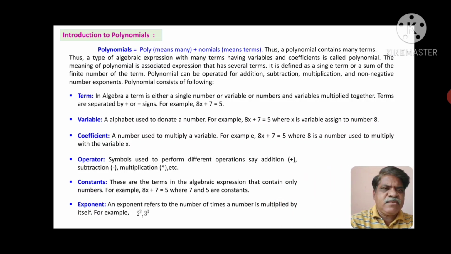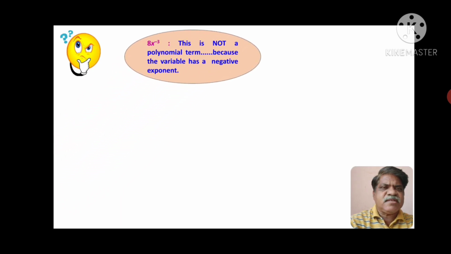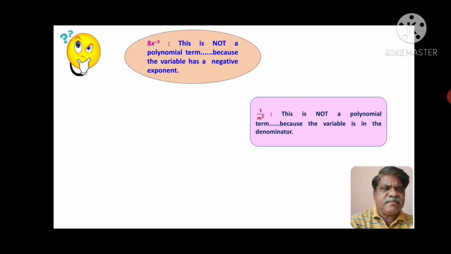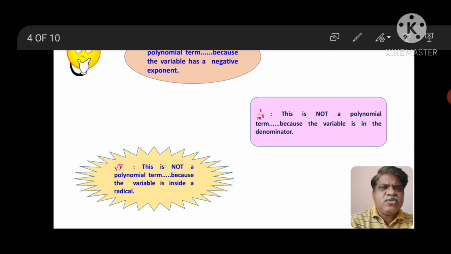Friends, now what about these things? If you have a term 8x raised to minus 3, this is not a polynomial term. Why? Since here the variable has a negative exponent, minus 3. One more example we will consider: 1 upon m raised to 5. This is also not a polynomial term because the variable is in the denominator. Next, one more we will consider: root of y. This is not a polynomial term because the variable